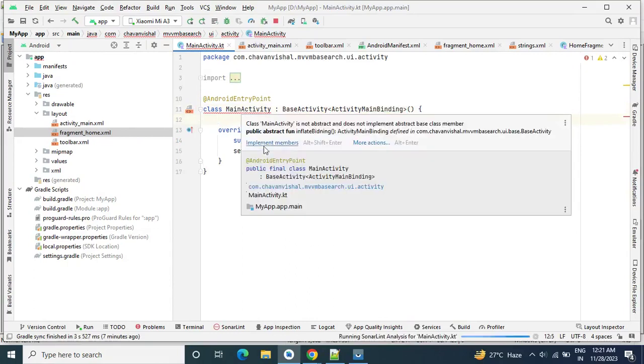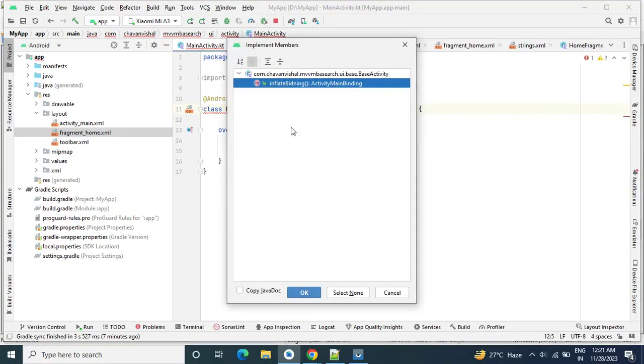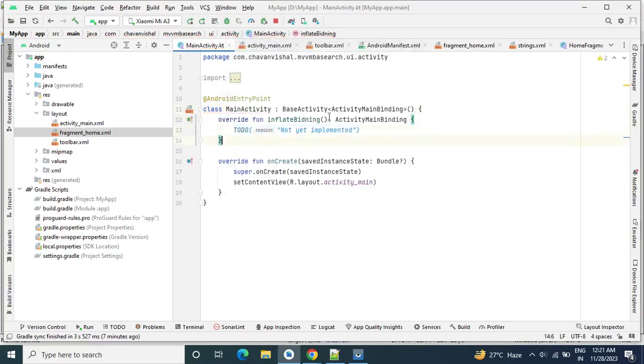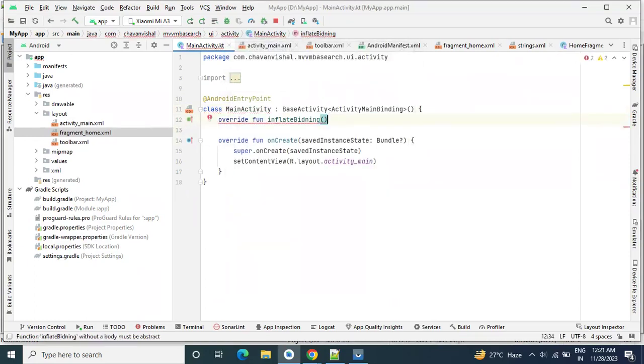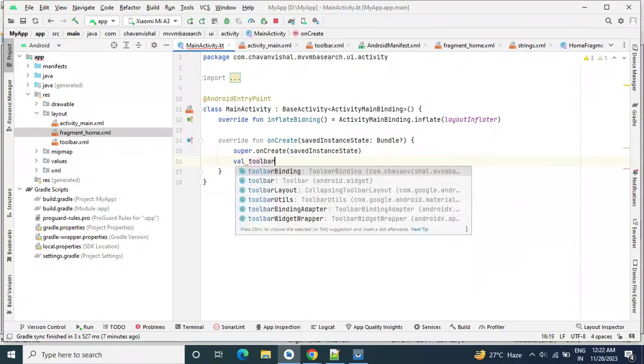Here we will implement our inflate binding method. ActivityMainBinding.inflate with the layout inflater. Then in our onCreate method there is no need to write this line as we are inflating the layout from our base activity.